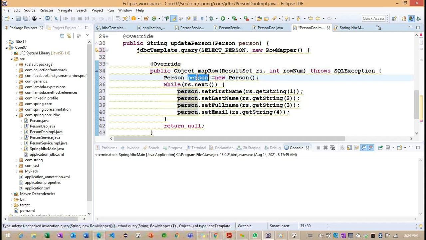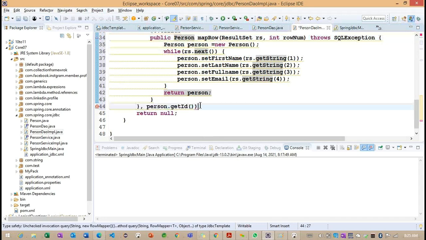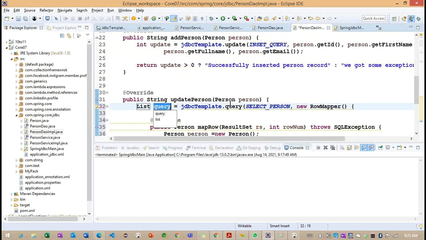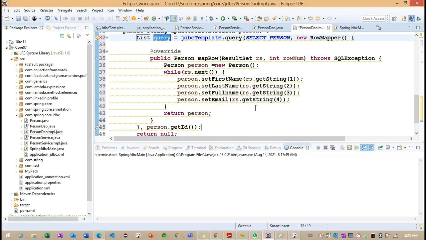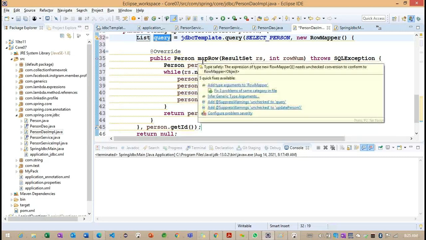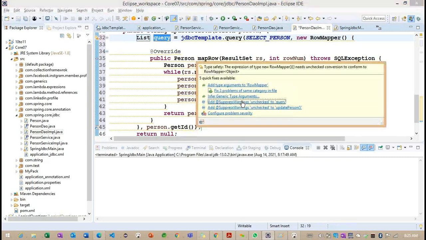Okay, so this is all about the person. Will return the person. List of objects we are getting. So let me handle this.